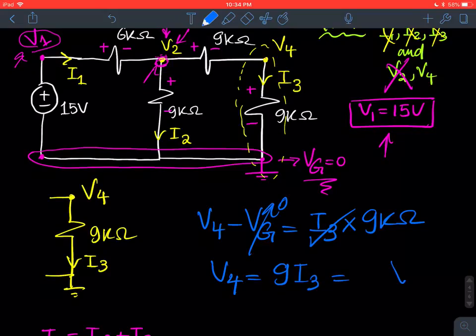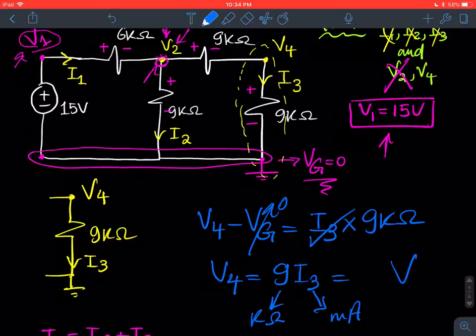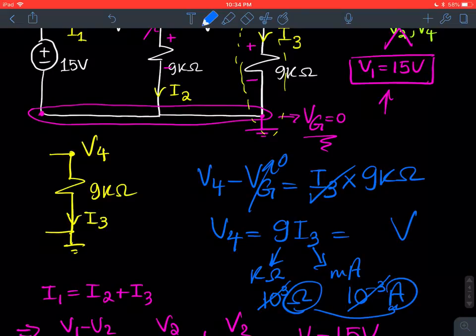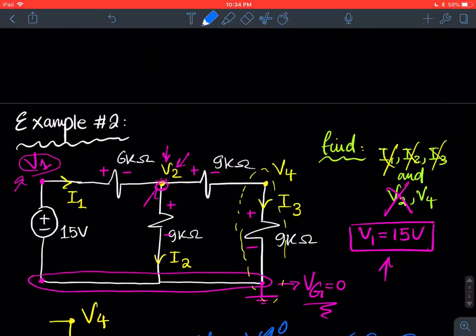And it's going to be in volts, because this is in kilo ohms, this is in milliamps. So kilo times milli, this is 10 to the third ohms, and this is 10 to the negative 3 amps. So they cancel out, and it's ohms and amps, which gives you voltage. So if you guys have any questions,